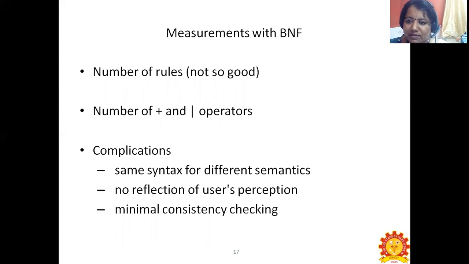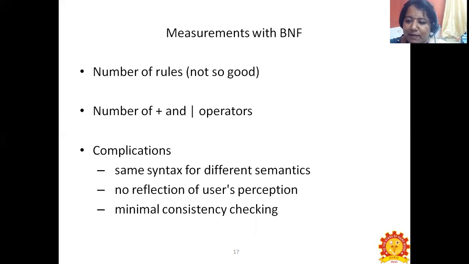Next we are going to see the measurements with the Backus Naur form. The measurements we are using here are the number of rules, where fewer is better, and the number of plus and pipe operators. The complications under the BNF are that we are using the same syntax for different semantics, there is no reflection of the user's perception, and there is only minimal consistency checking.